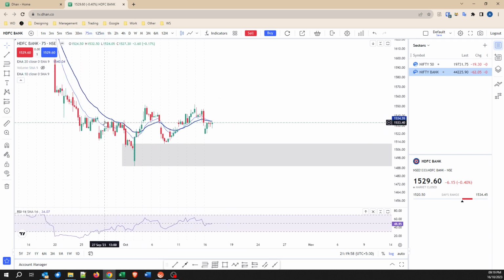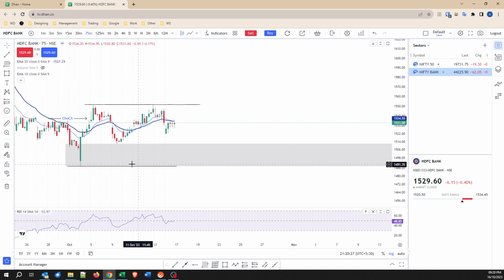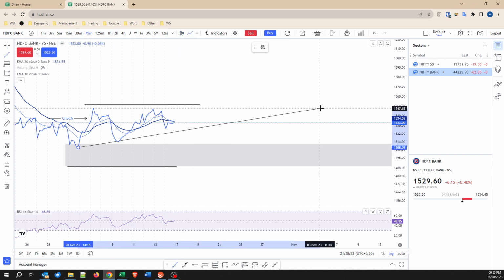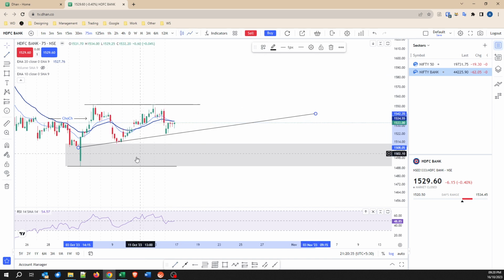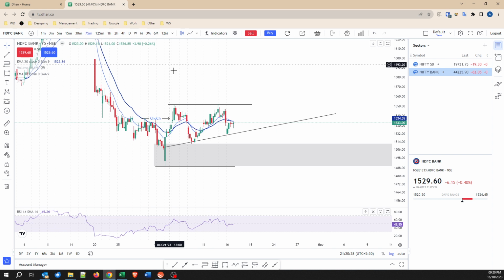Let's go to the low time frame. This was the supply break. Okay, so this was the change of character that was caused by this demand zone here. And as long as this low is not taken out, we are in a good uptrend. This is the low that needs to be protected, and this is the high that needs to be taken out. If you can see, the price is consolidating, maybe forming something like a pattern. If we take the line chart, yes, it's forming something similar to an ascending triangle pattern.